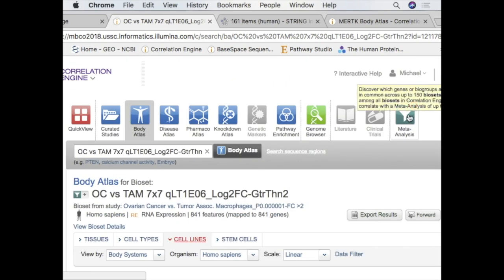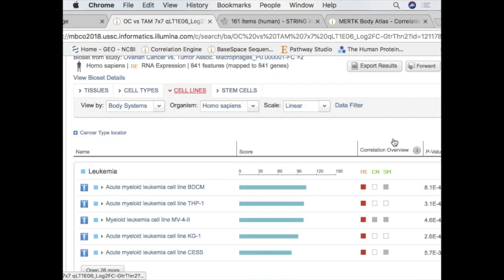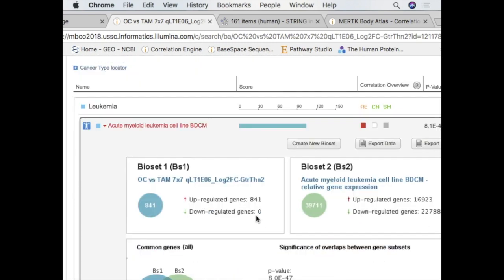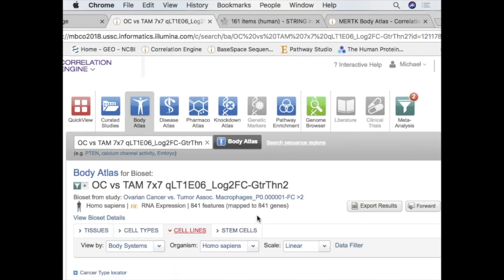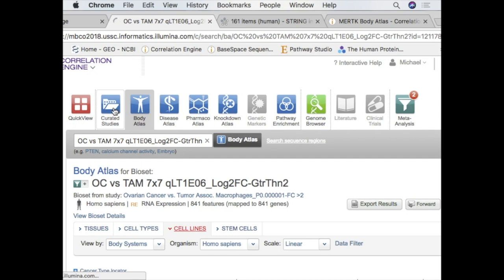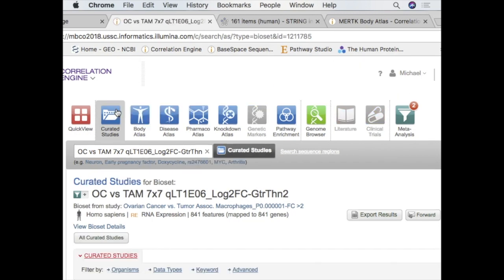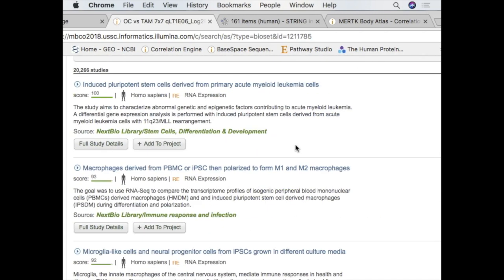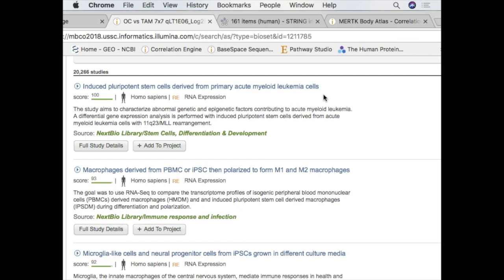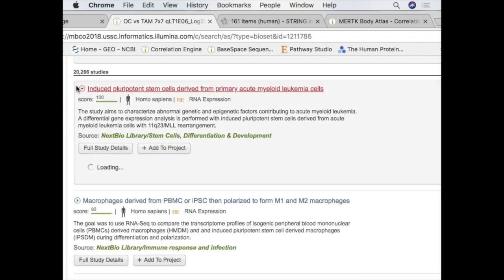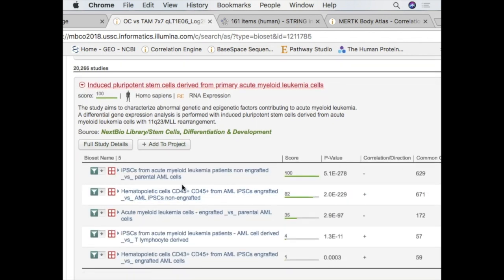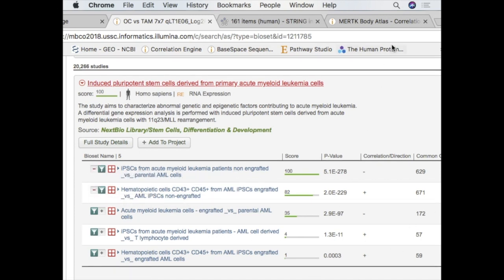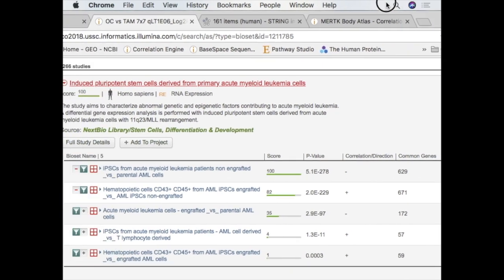So all of these gene lists are available, and what you do is, if you see something here, oh, this is a cool study, I want this gene list. Actually, I don't think it's going to give me a gene list. Damn it. If I go to curated studies, now what I'm doing is I'm finding things that are most common to my gene list. And again, of course, macrophage stuff comes up, right? What you can now do is you can say, I want to compare these lists, so I can actually just grab these. So I'm going to get all of these genes that are different,